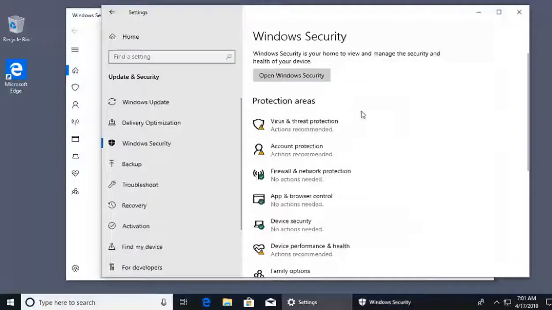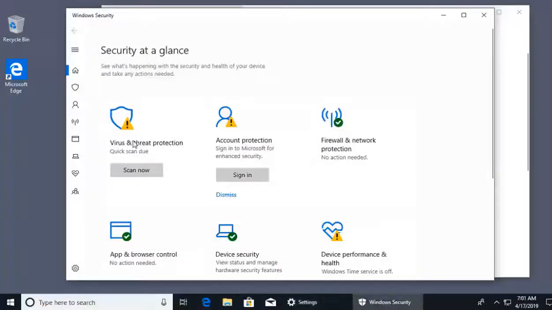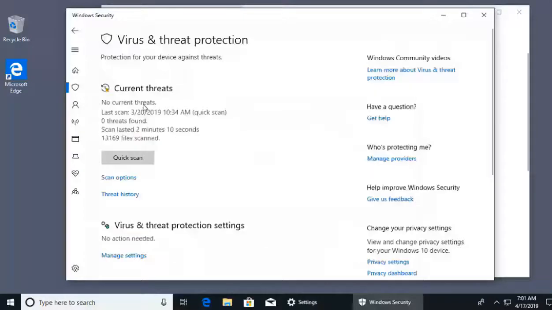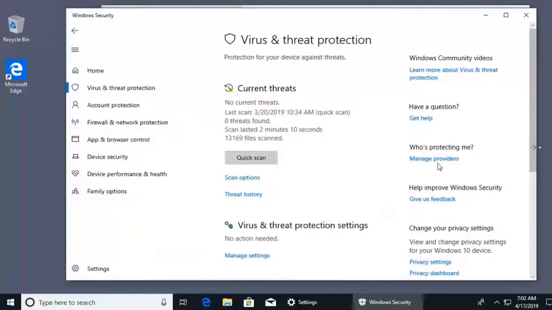Now, when Windows Security opens, we say, all right, antivirus is the most important. So first thing, I'm just going to go ahead and click on our virus and threat protection. Your antivirus is only as good as the last time you updated your antivirus software, as well as the latest definitions that it should have. So you want to make sure that you keep your antivirus system up to date so that it can scan